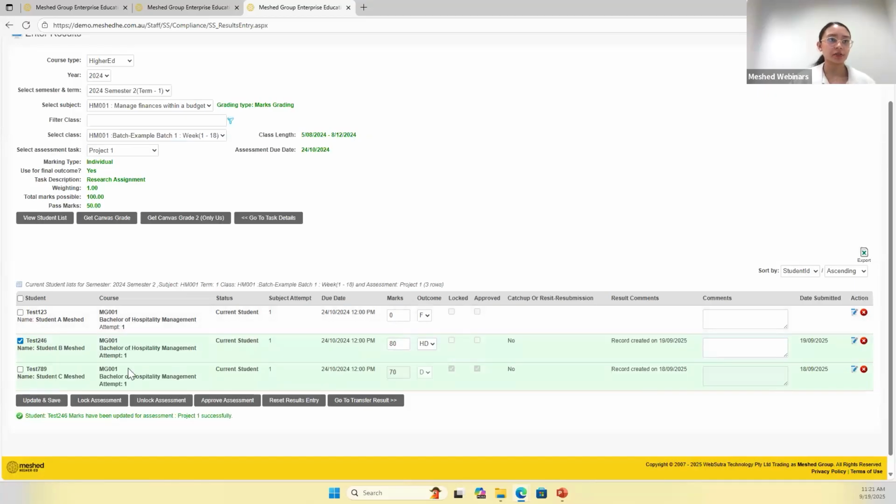So update and save. Once the task has been updated, this will now appear in a green background. This means the assessment has already been graded but not yet logged and finalized. Now, once you are sure that this is the final assessment results that has been allocated and is now ready to be transferred to the subject result for the students, then you can log the assessment and then approve the